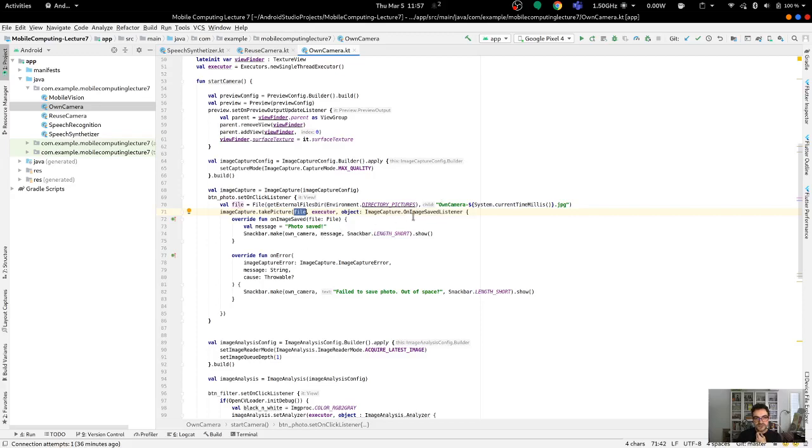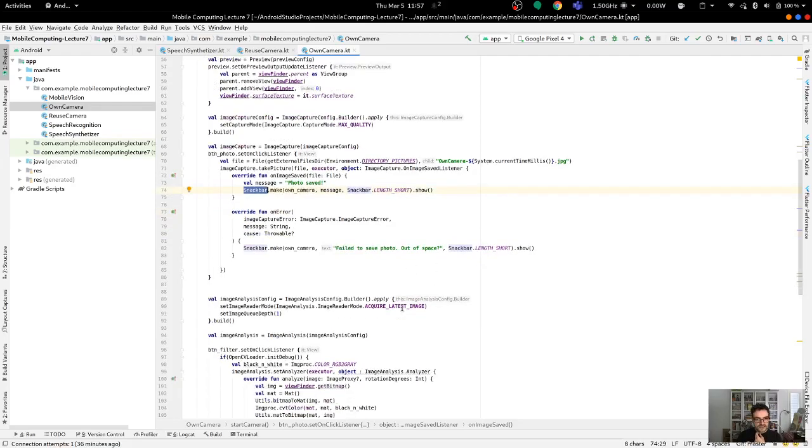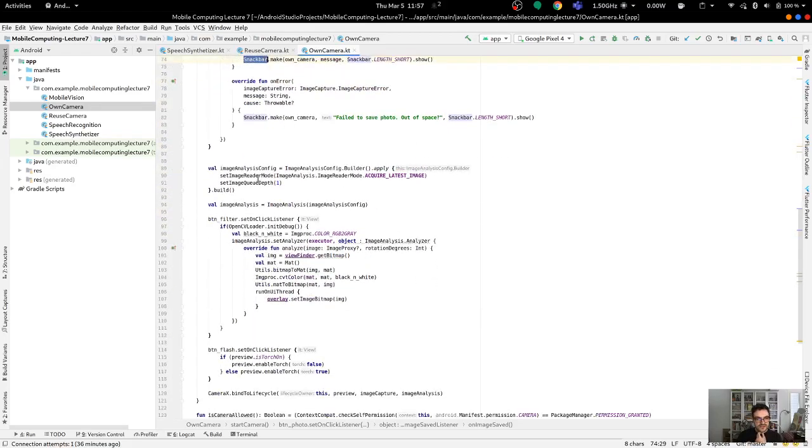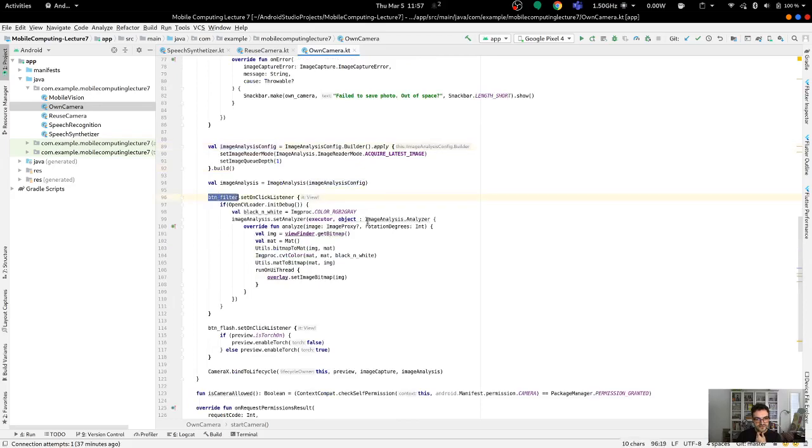And once this picture is saved, I'm just using a snack bar to show that the photo is saved, and if there was a problem, it would actually say that it failed to save the picture. Are we running out of space, for example? So for OpenCV, I created an image analysis use case,